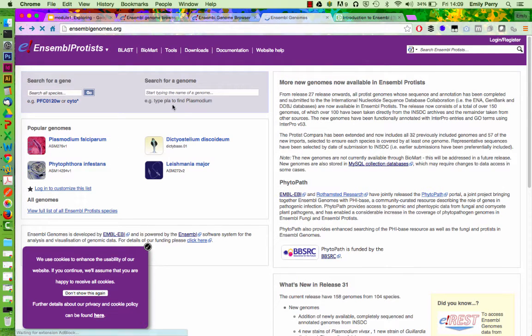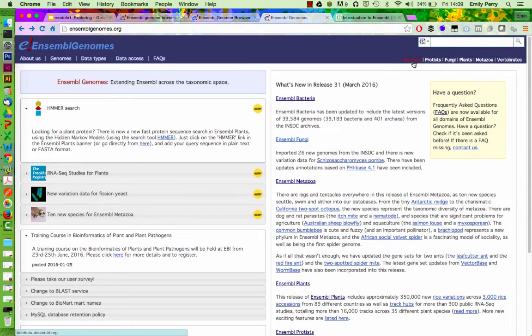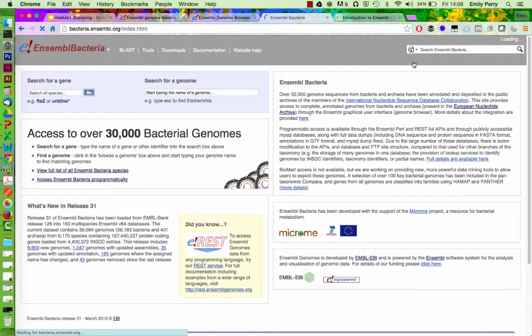I'm just going to jump back and show you bacteria, because bacteria is special. And the reason bacteria is special is that we have over 30,000 genomes in Ensembl Bacteria, it's gone up. And these are all different strains, different versions of many of the same species.